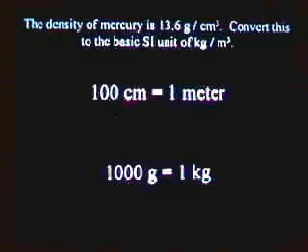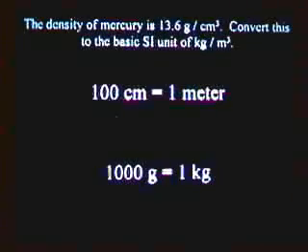The last problem we're going to do in this short video, problem number 3, is going to be changing a density unit of grams per centimeter cubed to the SI density unit of kilograms per meter cubed. So we're going to have to take care of the top and the bottom part of the fraction here. I have provided us with some equalities that you may be familiar with because these are simply basic unit equalities